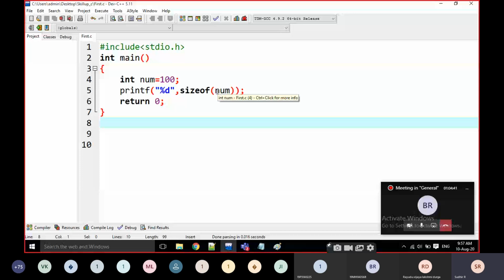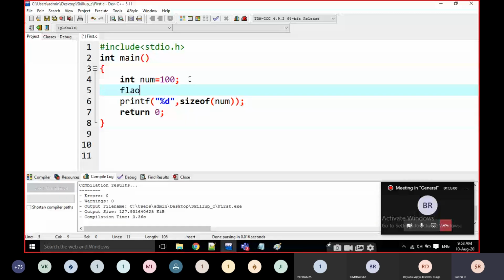Okay. For example, I am going to write here some float. If I write float a is equal to 12.3 like this, I'm going to print here a float. Look at here.